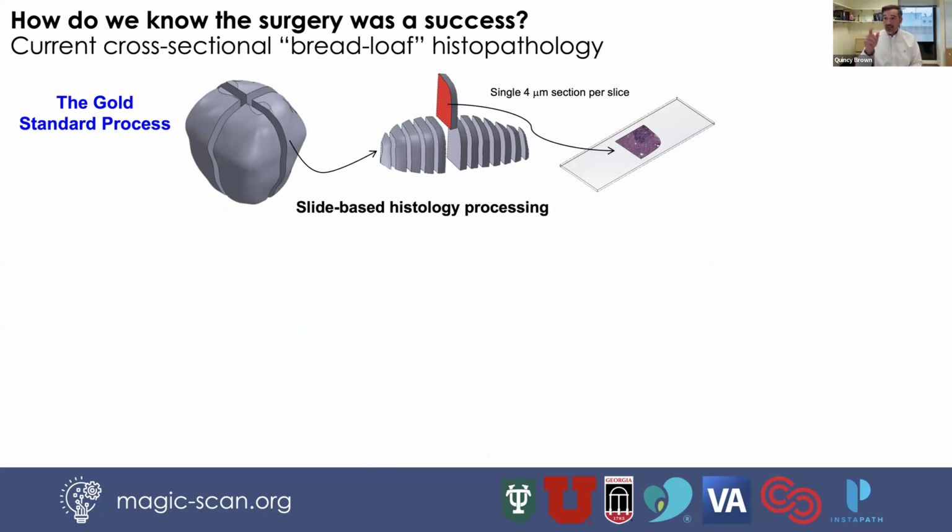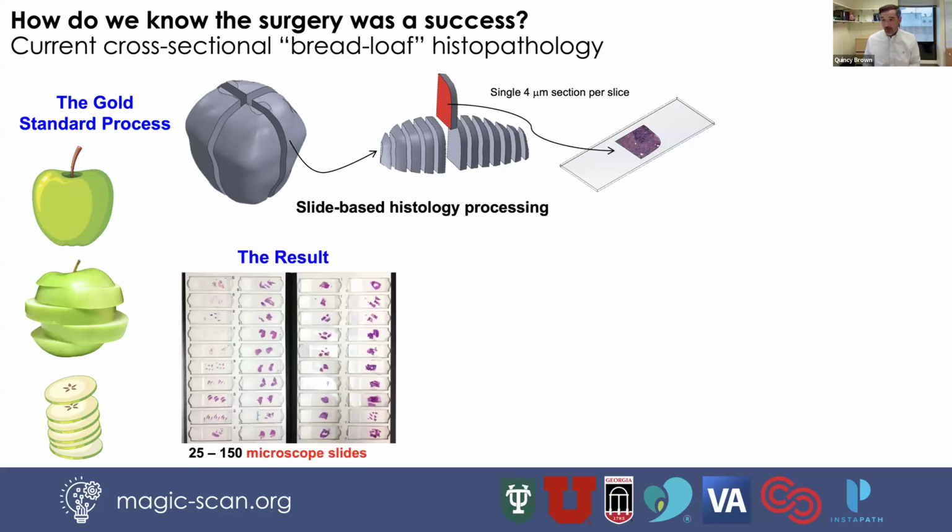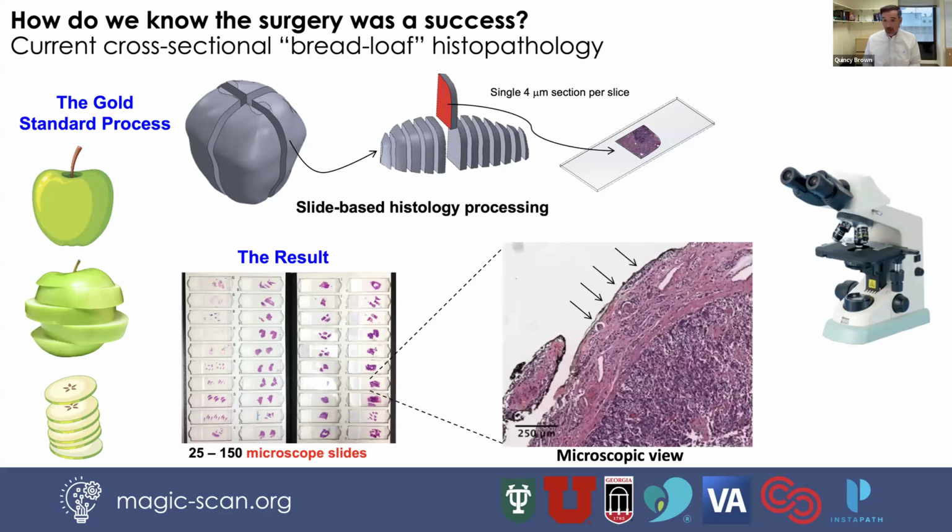And then from each of the slices of bread, they take a 4 micron thick slice. They put it on a microscope slide. And that's what the pathologist, the doctor who looks at these, is looking at to determine if there's any tumor cells on the edge. So you can think of it as like an apple, right? If the excised tumor is an apple, they take big slices, and from each of those big slices, they take one very thin slice, and they put those on a bunch of microscope slides, and they look at them under the microscope, and they look at the cross section,